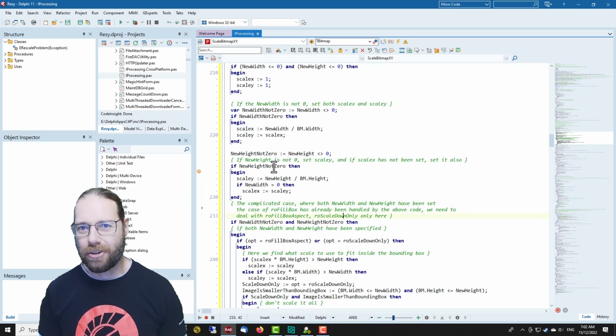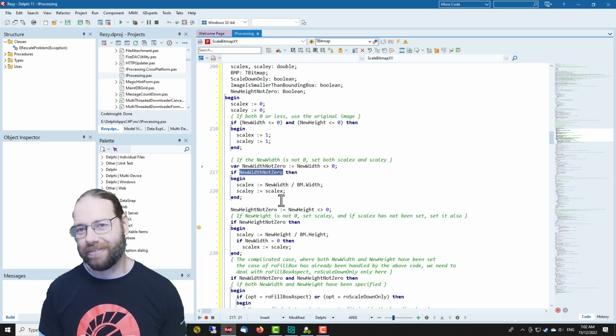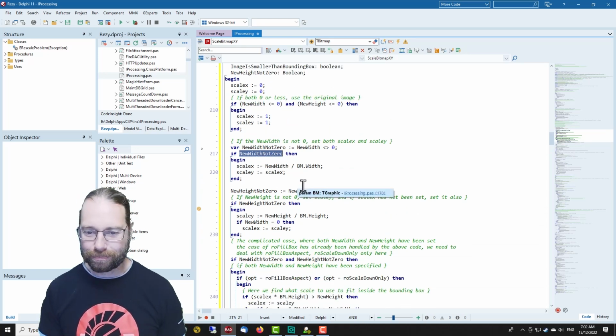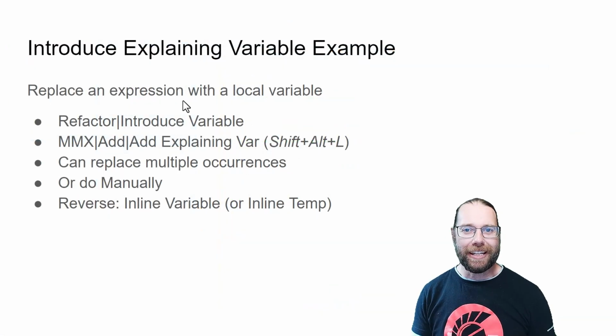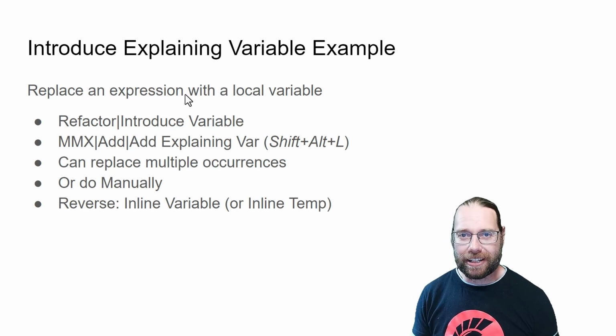So that one's not a refactoring I would normally do, because the expression itself is fairly self-explanatory. But it's served as an example. That was my example of introduce explaining variable, and basically take an expression, very commonly in if statements, but sometimes